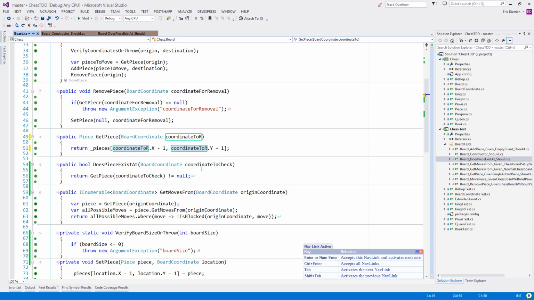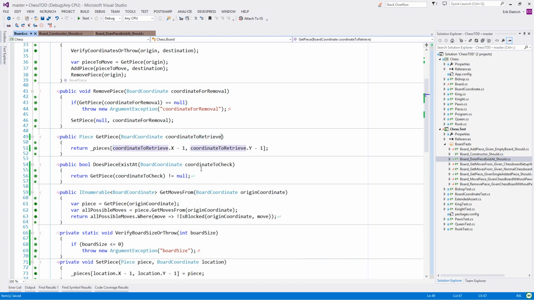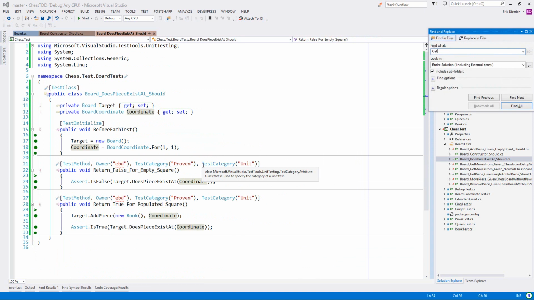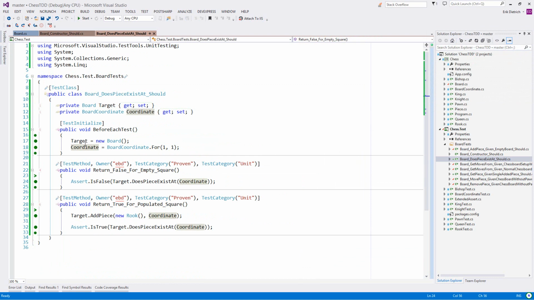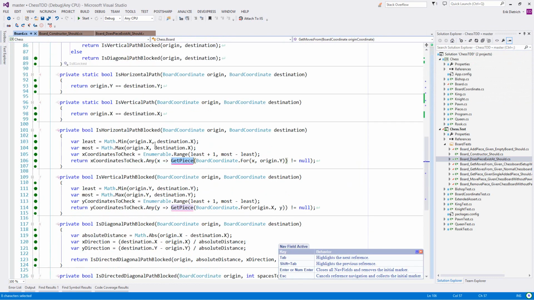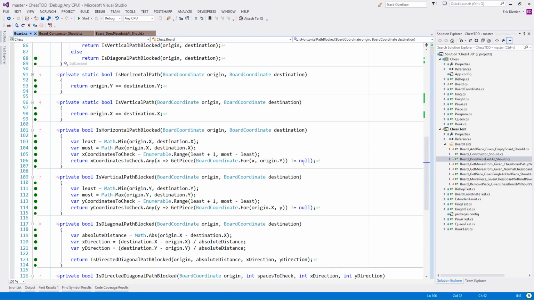I'm also going to do a little bit of renaming here, now that I have more of a beat on what I want to call these things. So coordinate to retrieve, coordinate to check. I kind of like that naming scheme. Everything here is getting more readable, you'll notice. And that's something I very much make a point to do over the course of time in my code base, is not just make the code cleaner in the sense of fewer lines and fewer problems and all that, but so that you could come in and read this. Not that I necessarily get it perfect all the time, but